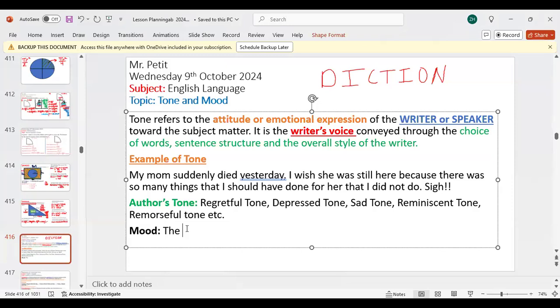How does it make you feel? So the mood is the, write this down, the mood is the reader's emotional response to the tone,